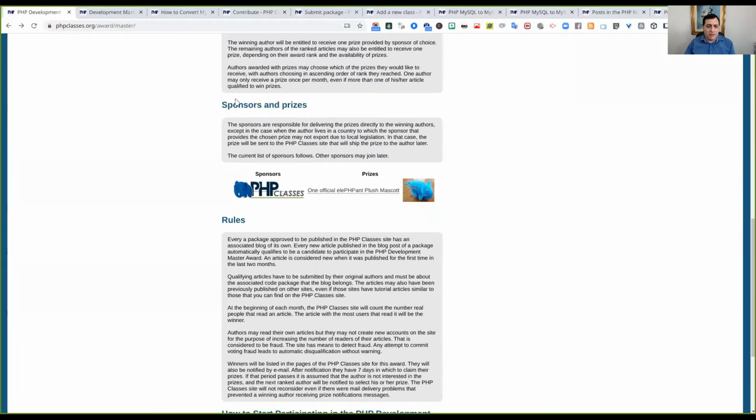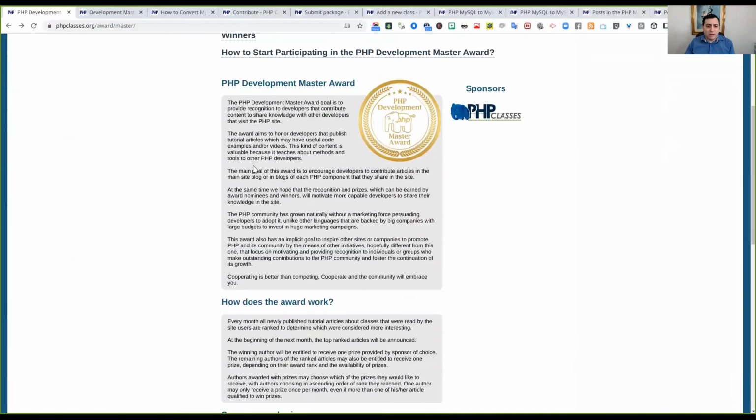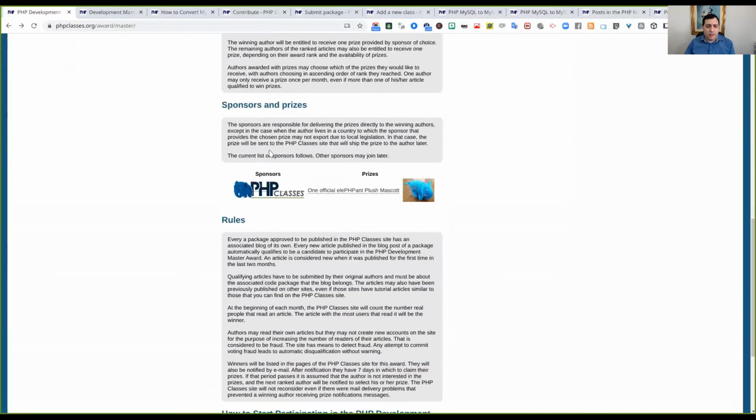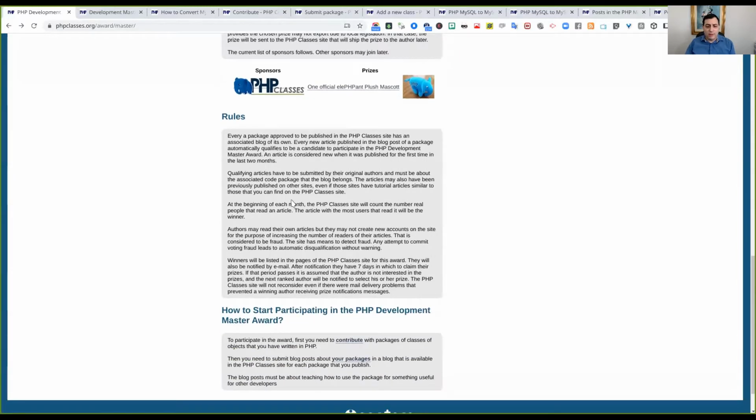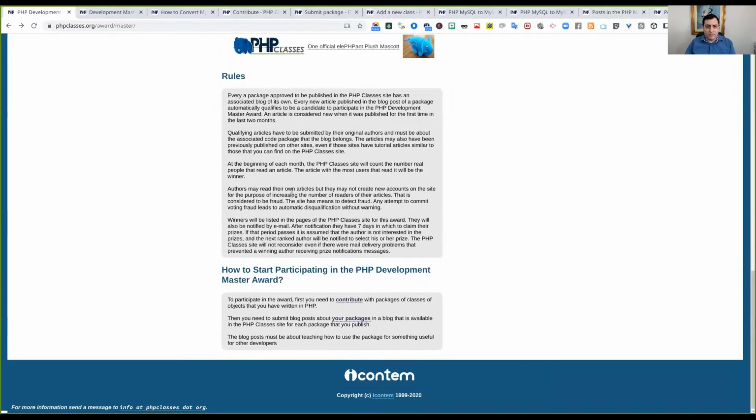It contains many things like how it works, sponsors and prizes. For now, you can just see that PHP Classes is the main sponsor of this initiative. Later, we'll find other sponsors when the whole initiative is ready to fully launch. Here is just a preview, the rules, and how you can start participating.